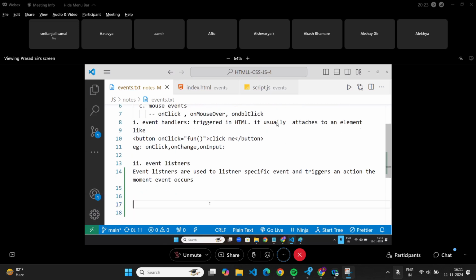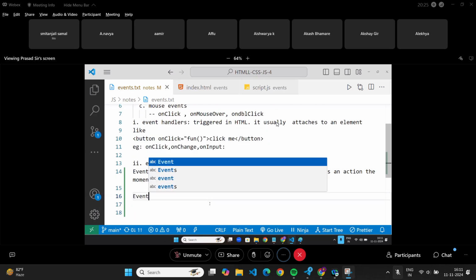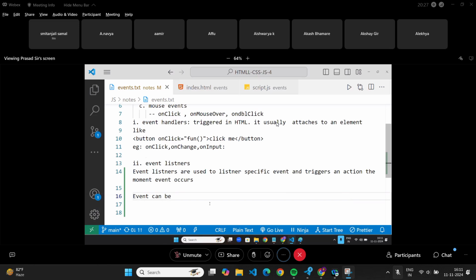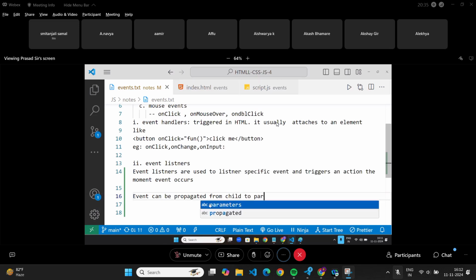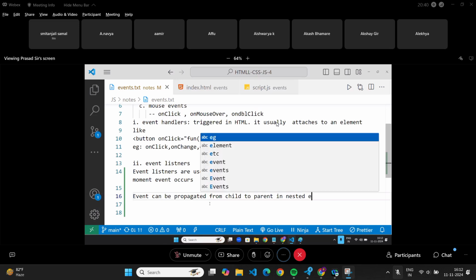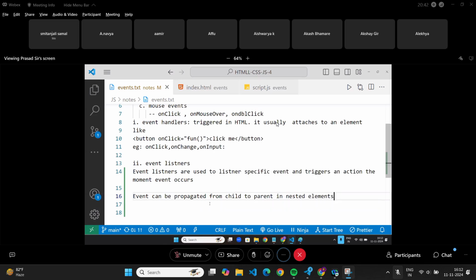Also, events can be propagated from child to parent in nested elements, which is known as bubbling.